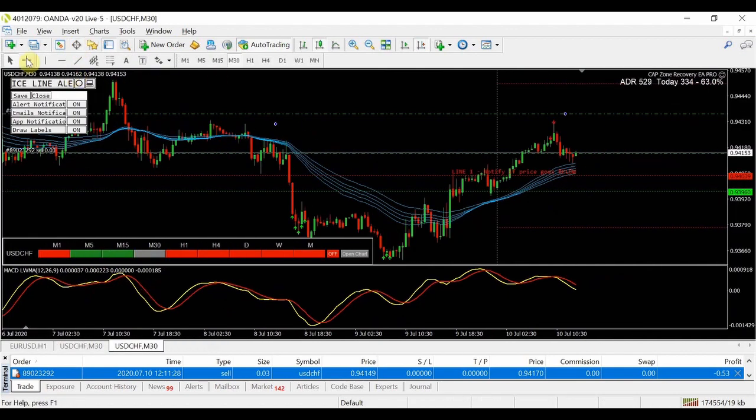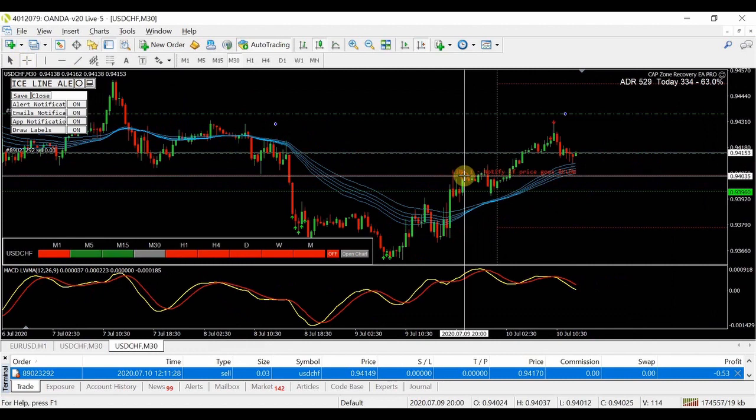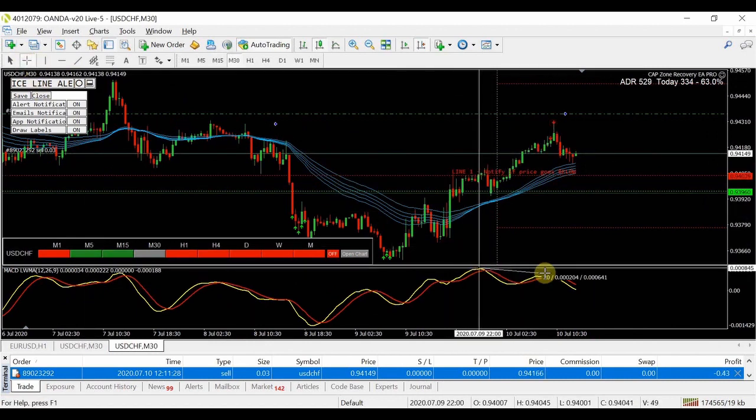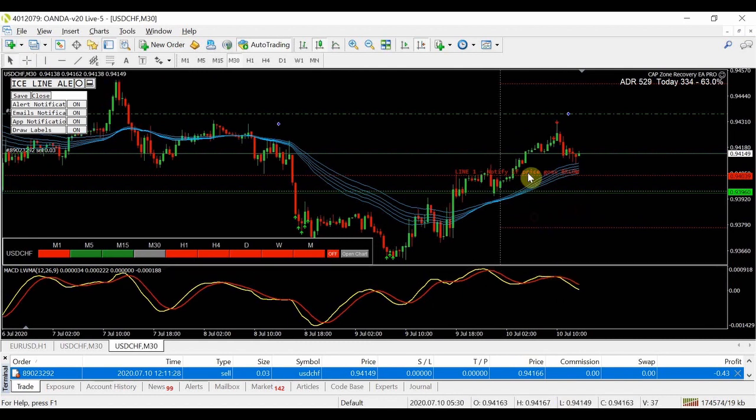If I can actually click the right button, price is making higher highs, and as you can see here, the MACD is making lower highs. So we're expecting a move down, and I've gone with the path of least resistance with the H1, H4, daily all currently still bearish. So in terms of my take profit and stop loss, or not a stop loss rather,